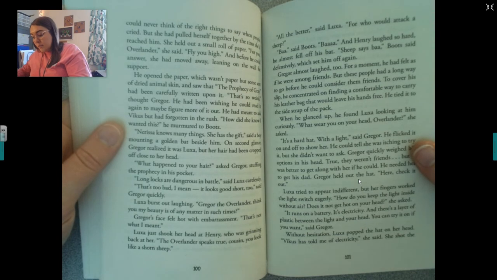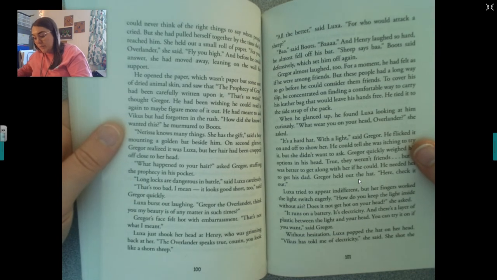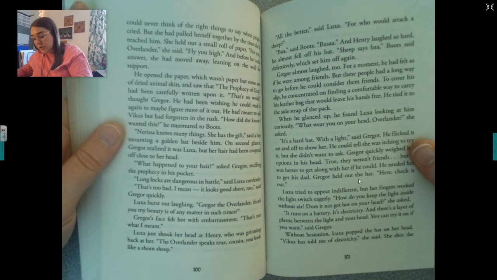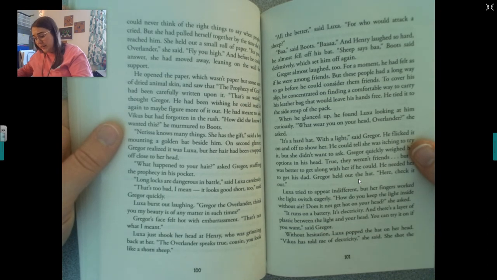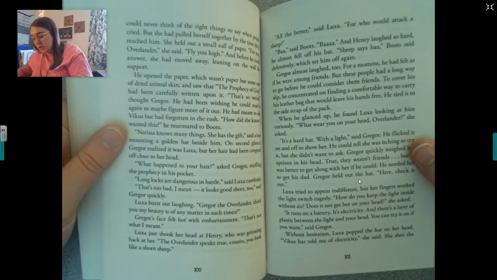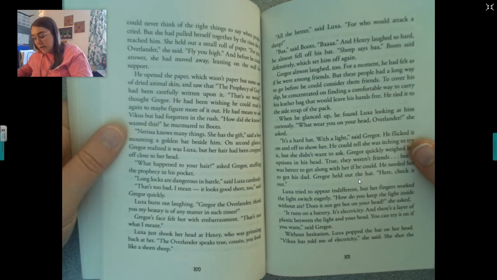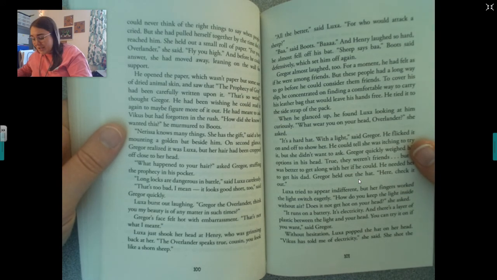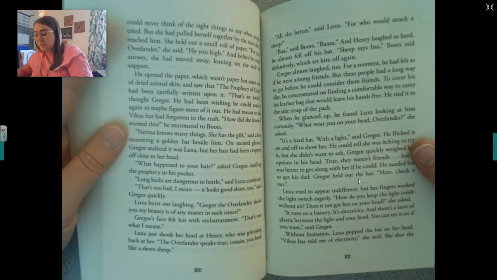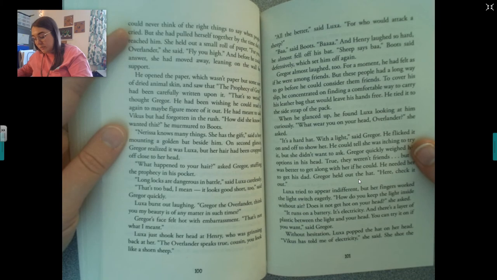"She has the gift," said a boy mounting a golden bat beside him. On second glance, Gregor realized it was Lexa, but her hair had been cropped off close to her head. "What happened to your hair?" asked Gregor, stuffing the prophecy in his pocket. "Long locks are dangerous in battle," said Lexa carelessly. "That's too bad. I mean, it looks good short too," said Gregor quickly. Lexa burst out laughing. "Gregor the Overlander, think you my beauty is any matter in such times?"